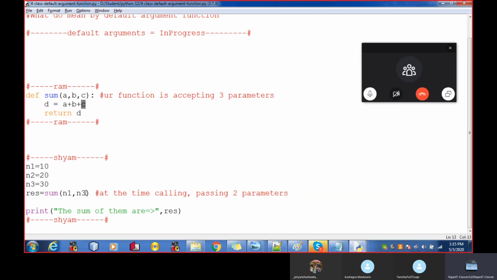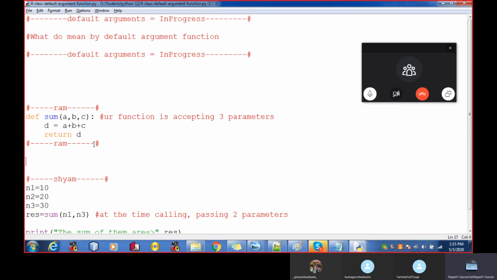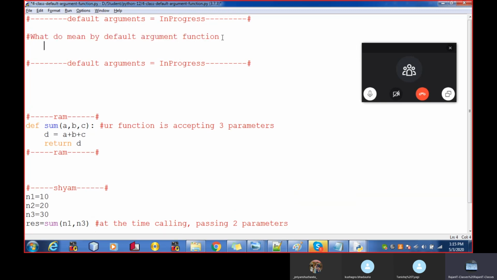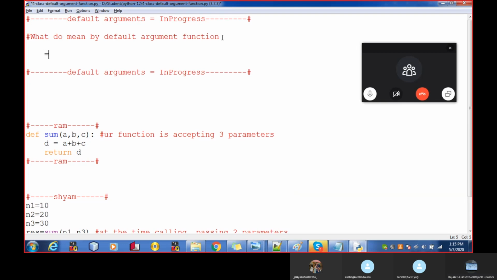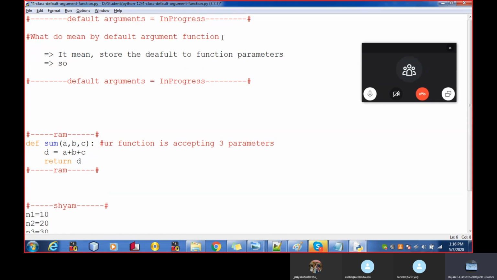So it is mandatory to pass the value to C at the time of calling the function. Now, what do we mean by a default argument function? It means storing a default value for a function parameter.